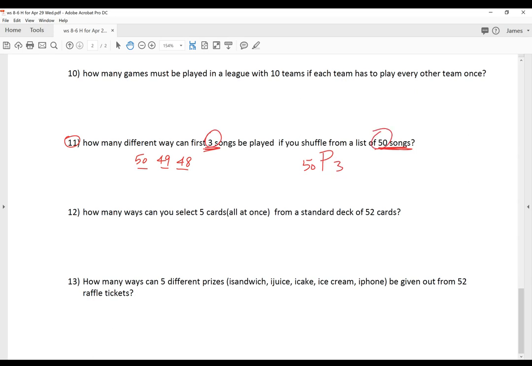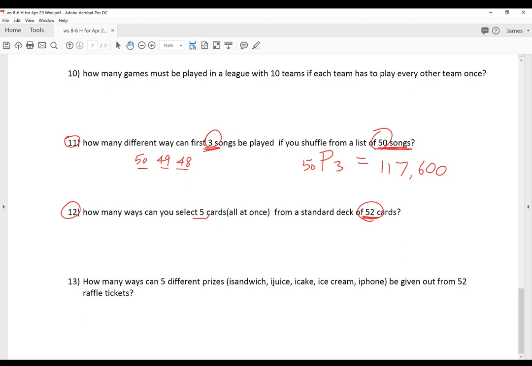3 is here, 50 is there. And by the way, the first number is always greater. So if you work that out, I'm sure it's going to be pretty big. I got, calculator says 117,600 different ways to play 3 songs. What about number 12? You have 52 cards,